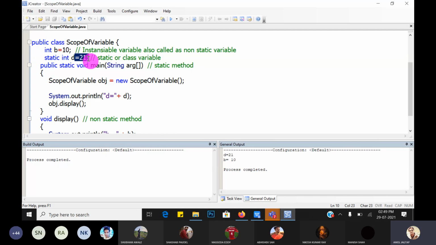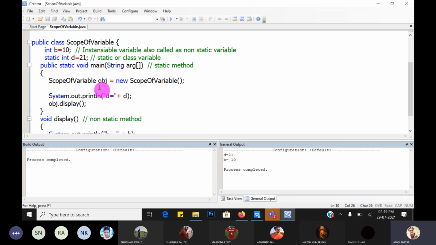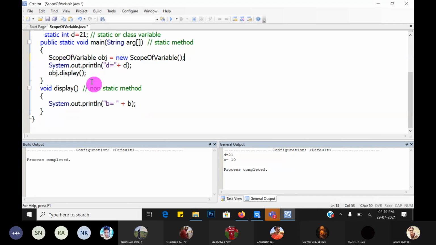But in Java, we can initialize the instance variables, also called non-static variables, or static variables. Yes, it is possible. Hope you understand till this.